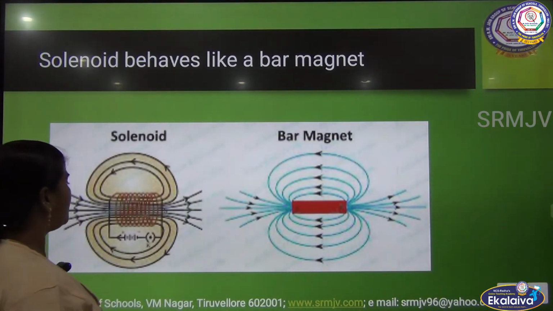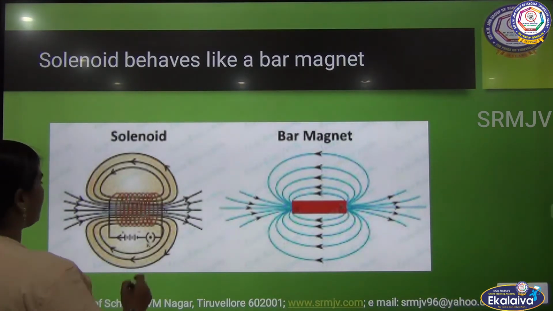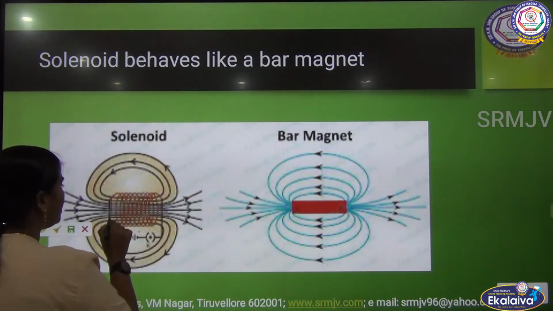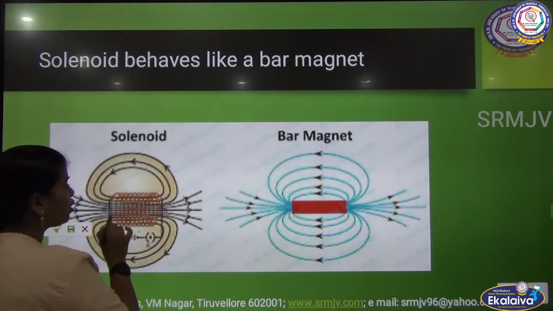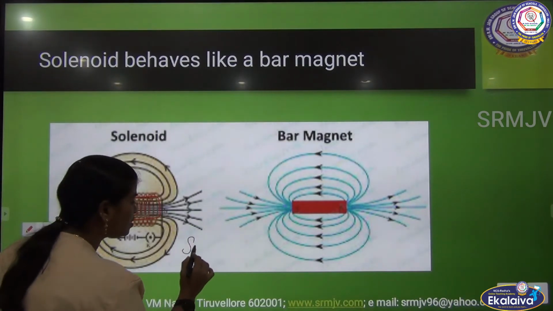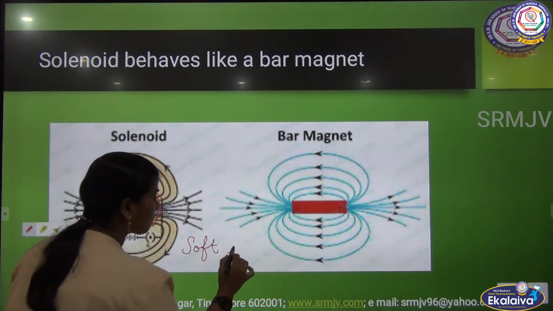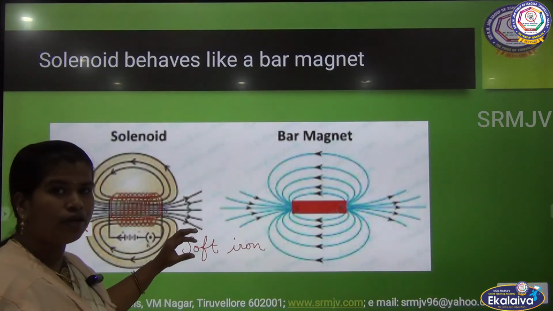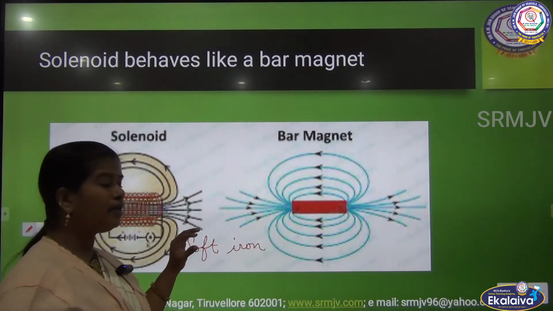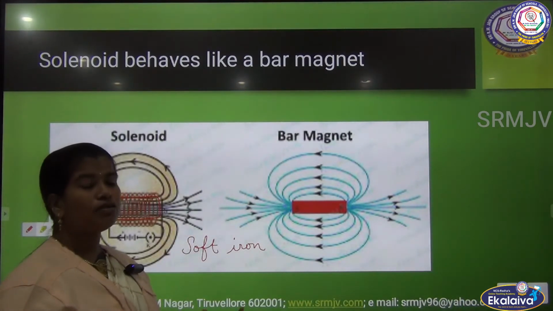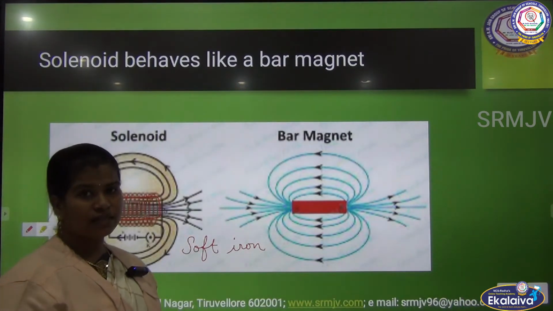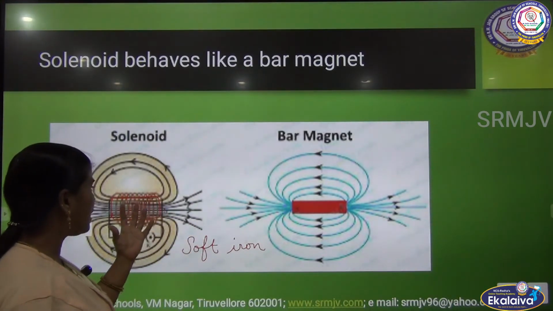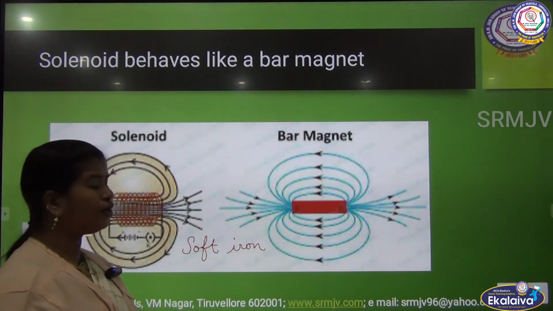As I said earlier, inside the solenoid the magnetic field is very uniform. If I keep a soft iron inside the solenoid, it behaves as an electromagnet. It will be magnetized by the magnetic field produced by the solenoid.